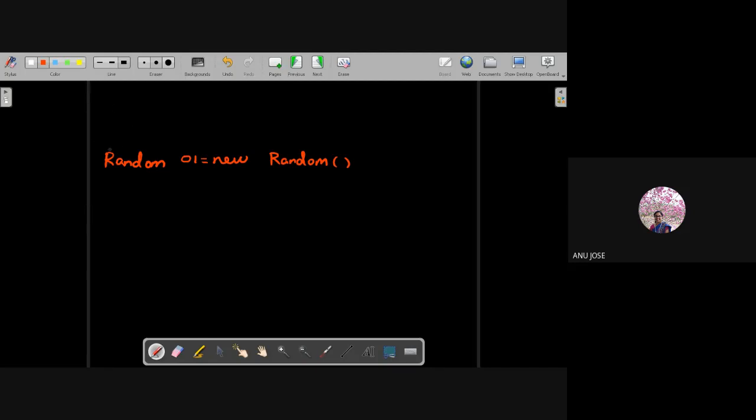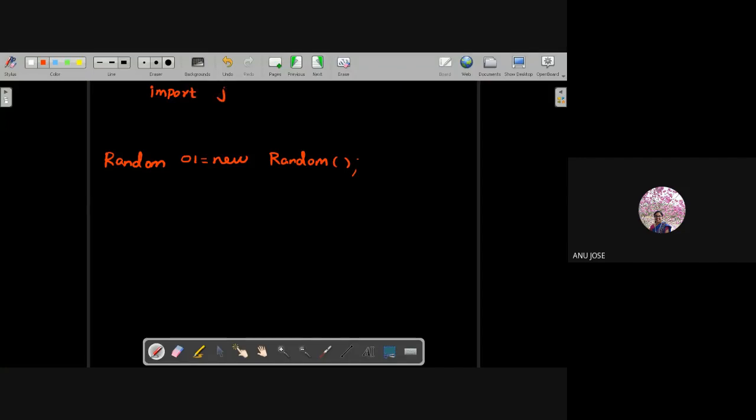If you want to use the Random class, in which package is it present? The Random class is present in the java.util package.